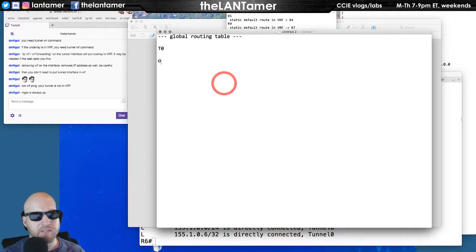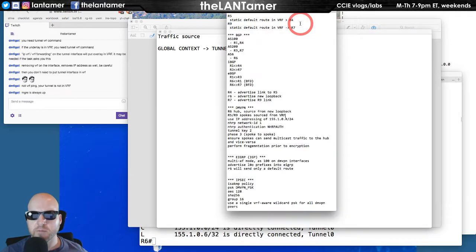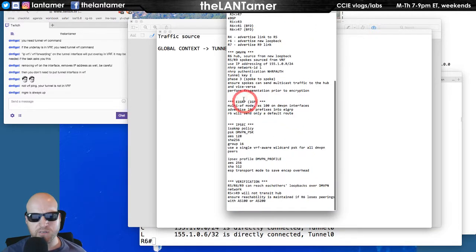Then the tunnel interface will run encapsulation towards, actually, let me think about this. So we have the global context. We can go to the tunnel interface and traffic towards, let's say, for example, traffic source. You know what, let me look at my requirements here and double check, because EIGRP,